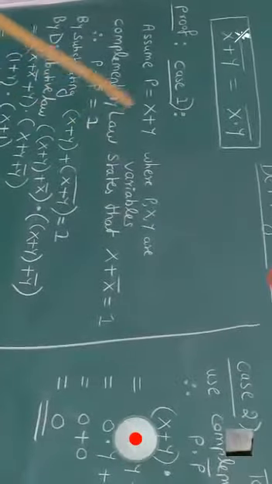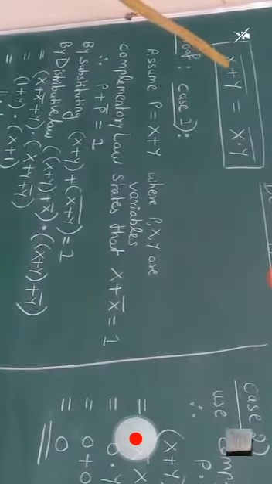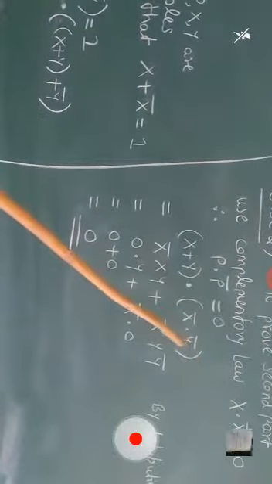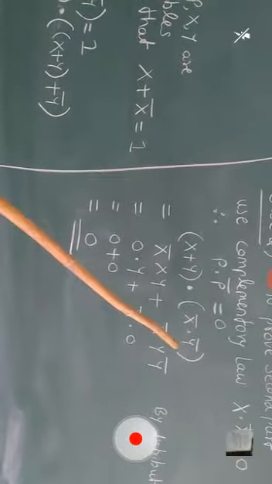Okay, the complement of p bar is (x plus y) whole bar. Here you can see that (x plus y) whole bar is equal to (x dot y) whole bar. So here I have directly substituted the value as x bar dot y bar.